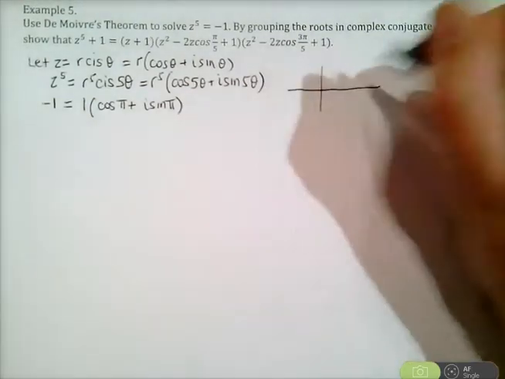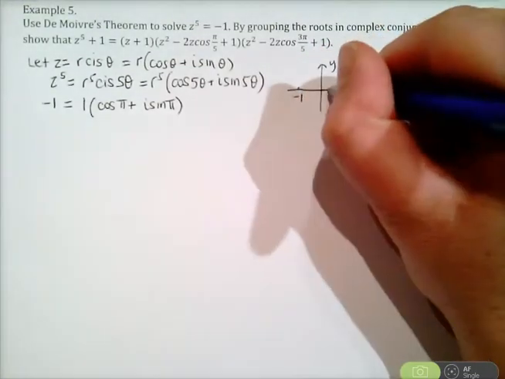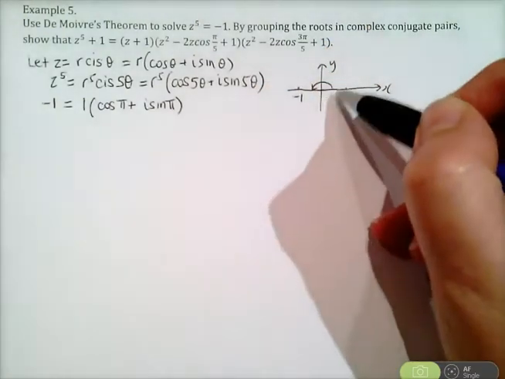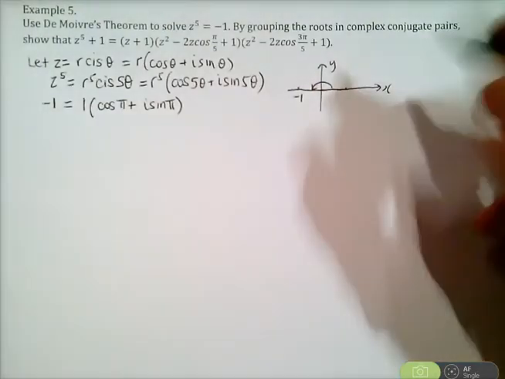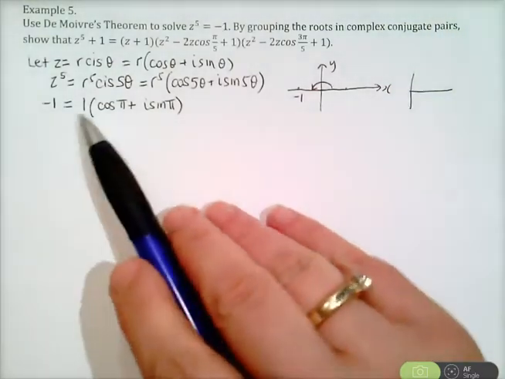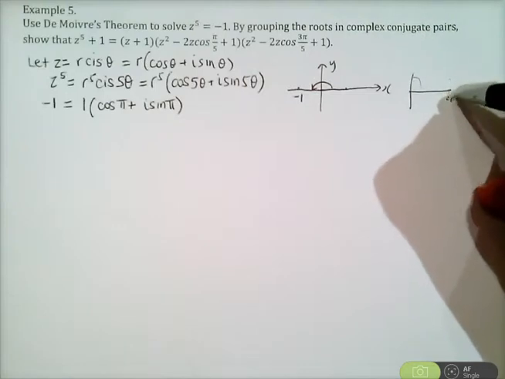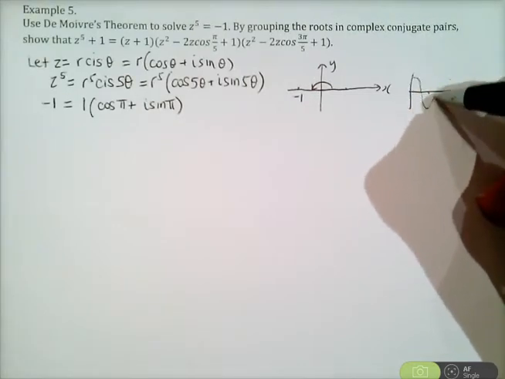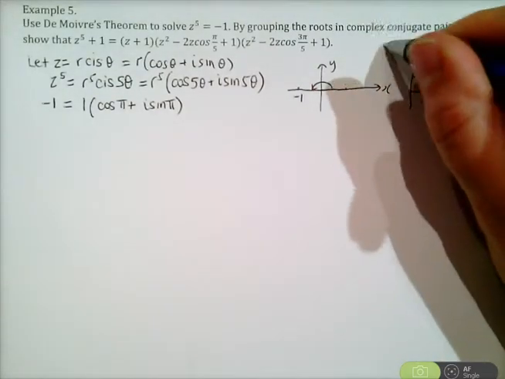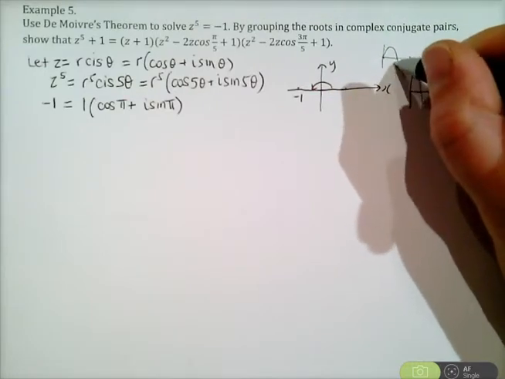Now on the complex number plane, we've got 1 is here, but -1 would be here, and the angle, the argument to get to -1 is pi. Okay, also we can look at the sine and cosine curves as well. We know the cosine curve is like that, and cos of pi is -1, and we also know that with the sine curve, there's your 2 pi, and here's pi, sine